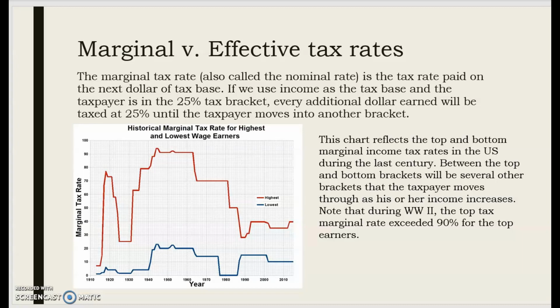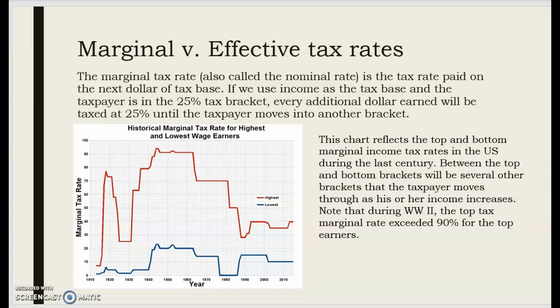If you notice, in 1913, when the income tax was imposed, the maximum rate was about 8%. Shortly thereafter, we went into World War I, and the government needed more money, and so they raised the marginal rate quite high, almost 80%. In World War II, and during Franklin Roosevelt's time as president, we had rates exceeding 90% to support not only pulling out of the Great Depression, but then also ramping up for World War II. They stayed up there until